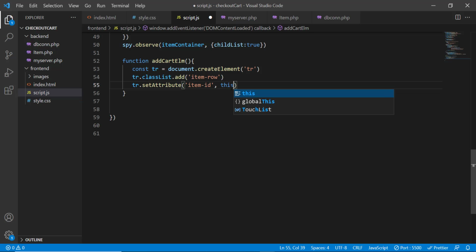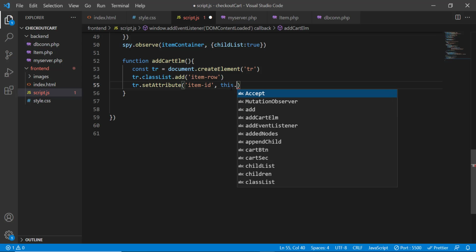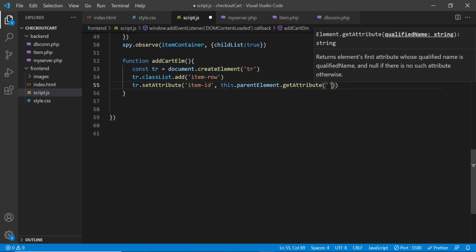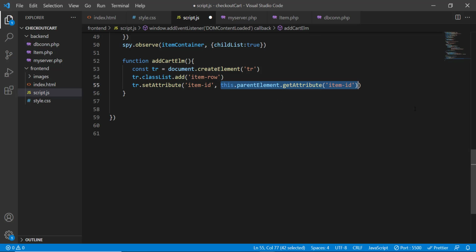So we are going to say this represents the button that was clicked. So this parent element get attribute item ID. So over here we are saying that the parent of the button that got clicked has an attribute called item ID, get the value of that attribute and assign it to the item ID attribute of table row. Okay, now after the attribute is set, let's define its inner HTML